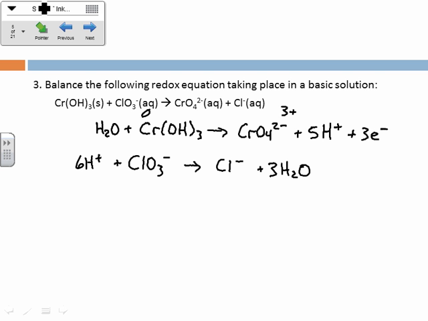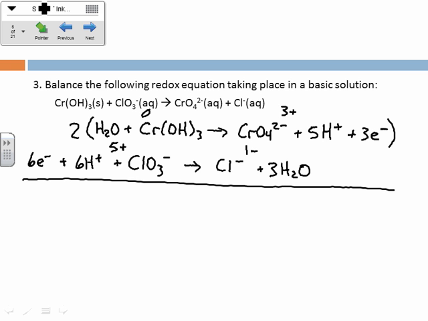Now this one's a little tricky as far as the charge, because the overall charge on this side is a 5 plus, but there's a 1 minus on this side. So to get the charges balanced, each side needs to be a 1 minus charge. So we actually need to add 6 electrons to this side. Okay, which is nice, kind of works out so that we only have to multiply the top equation by 2, and then we're good. Alright, so long equation here, 2H2O plus